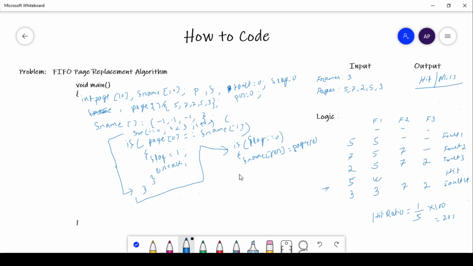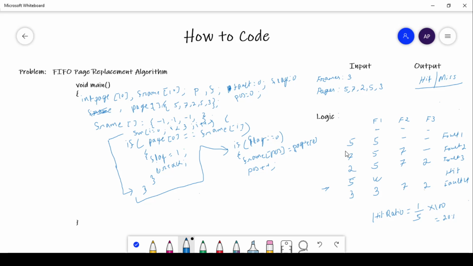Done. After this, what do we have to do? We have to increase the position of the frame, because the next page will be fitted into the next available frame. So just increase the position variable, and automatically it will point to the next one.